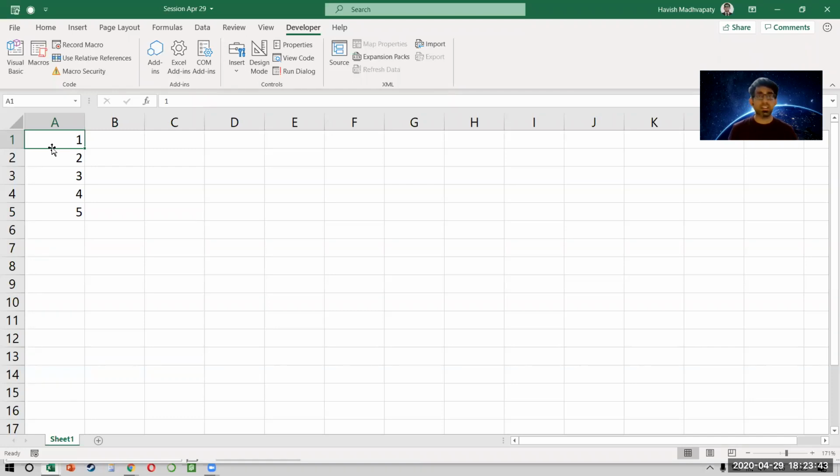Now a lot of people get confused. They think that, oh, VBA is putting all the 5 numbers in one go. This is very important. VBA cannot, it did not, and it cannot put 5 numbers at the same time. That means the software doesn't have the capability of writing 5 numbers at the same time. It will also do it one after the other. What is the difference? For us to do it manually, it takes a lot of time. So when I say 1, 2, 3, 4, 5, but when VBA does it, it happens so quickly that we feel that it happened in one go.